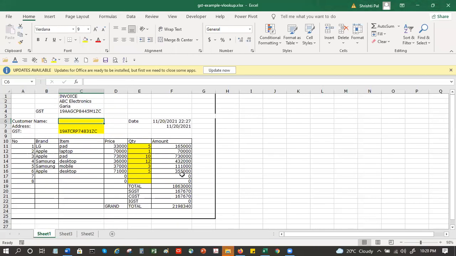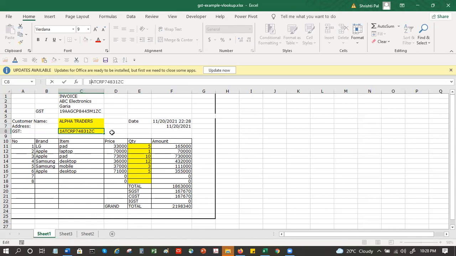So that could be like Alpha, Beta, Gamma, Alpha Traders, and maybe he's not from West Bengal, because if he is from West Bengal, then your SGST and CGST gets calculated. But let's say he's from Odisha.